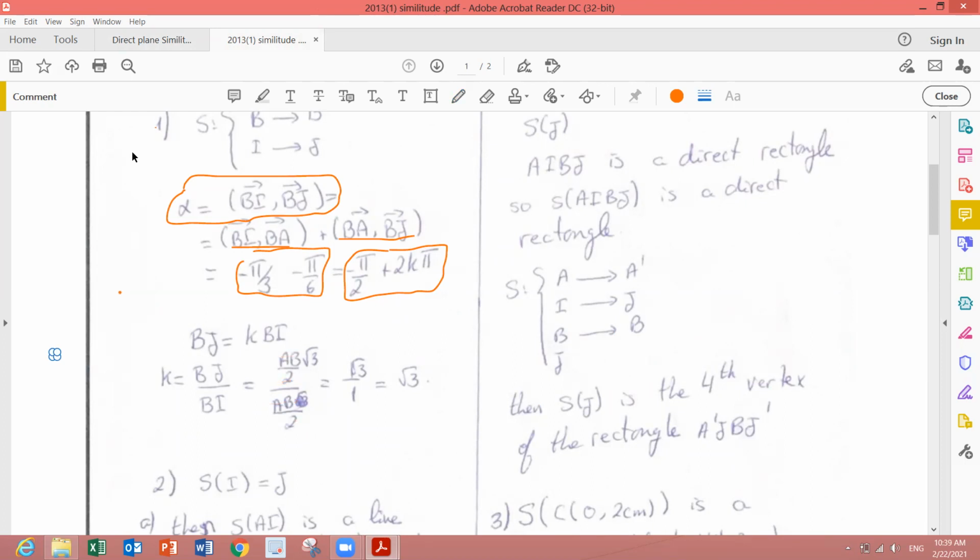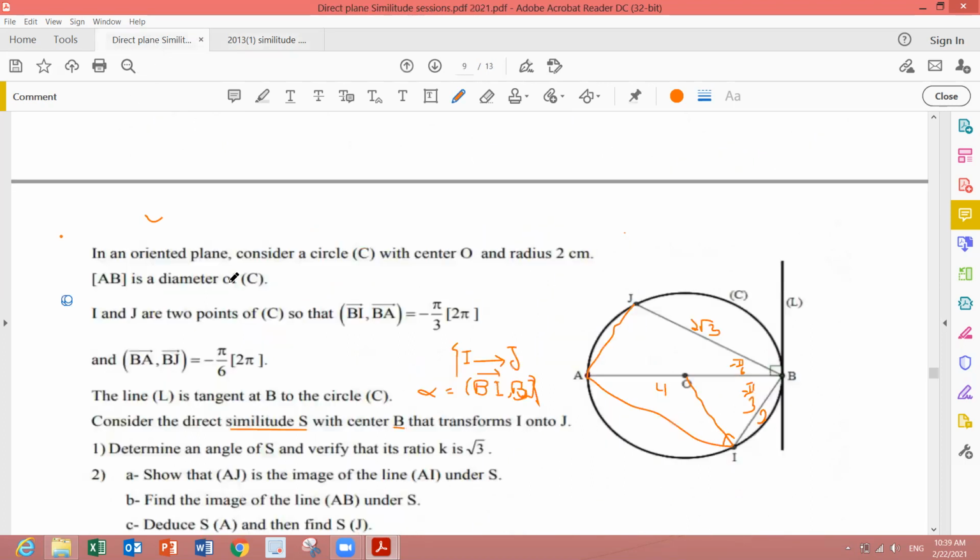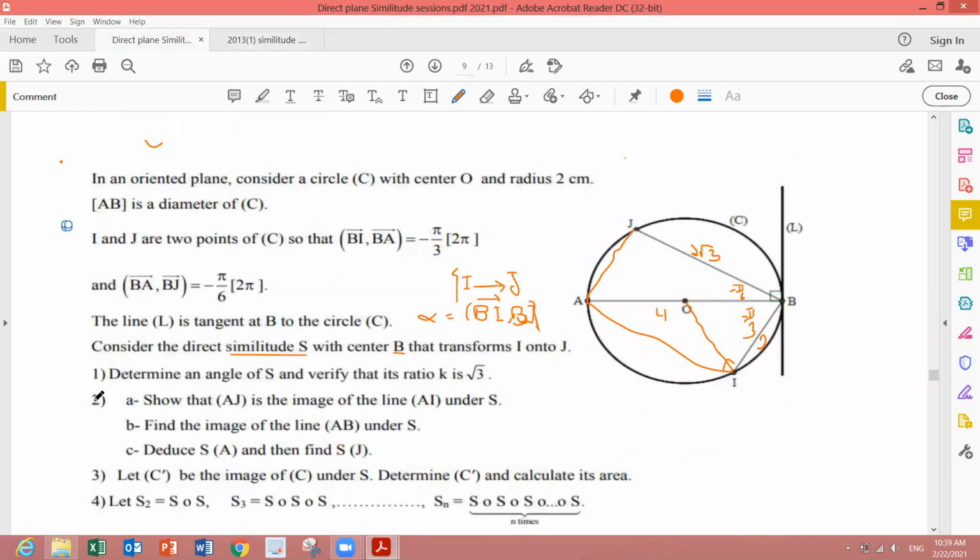Yes. Part 2A: show that the image of AJ is AI. Why? S of I is J. Why is the image of AJ the line AI? Teacher, we do S of I is J. So S of AJ is a line passing through I and perpendicular to